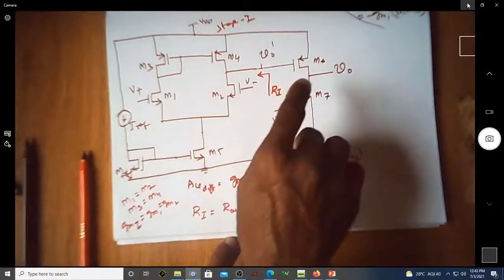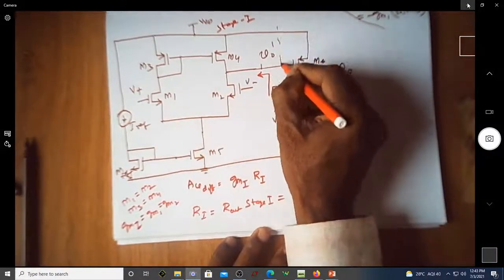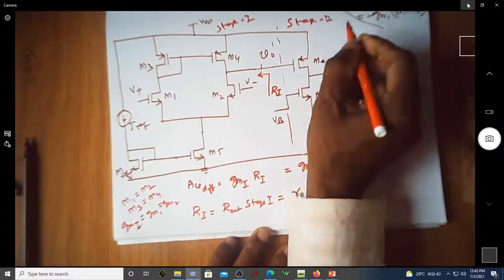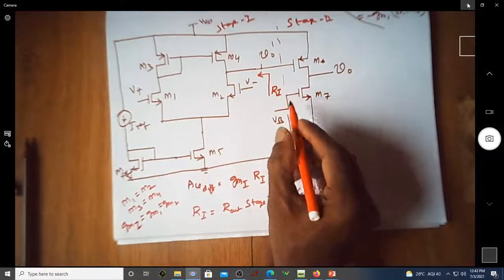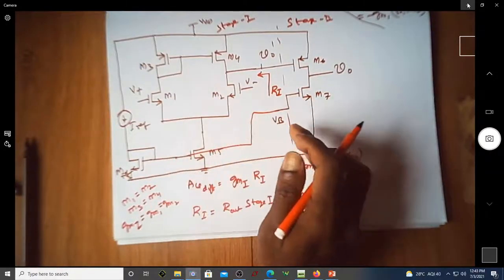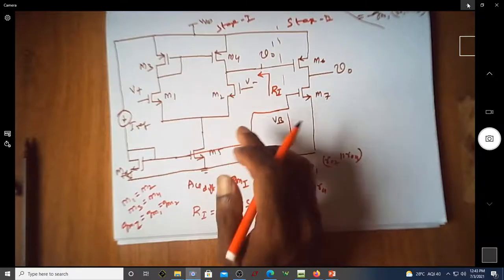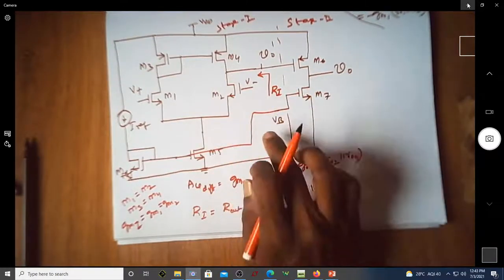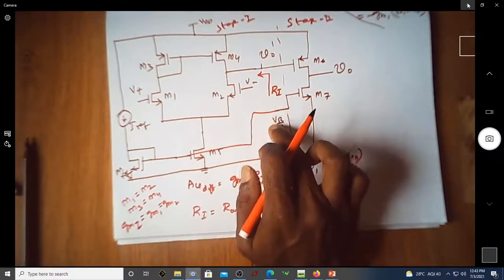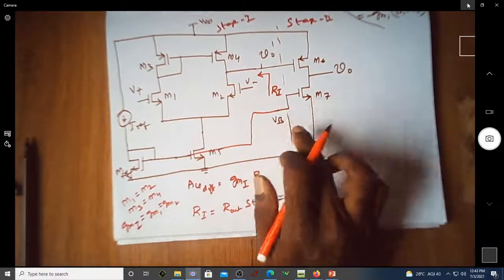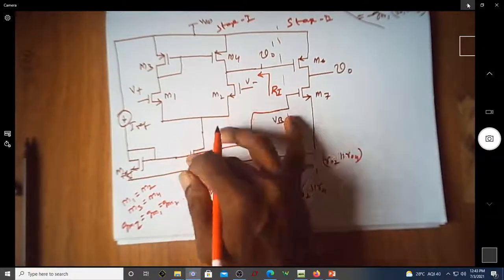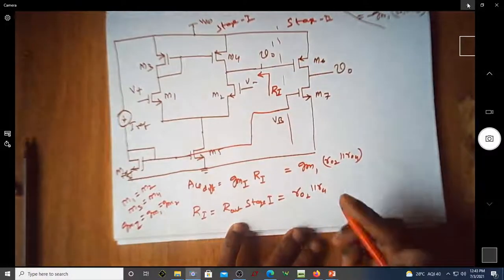Coming to stage 2, this is stage 2. Of course, in some cases you may get the bias voltage from the same current mirror, or you may have a different voltage. That depends on the required design. This is not a very particular one. You can either short this, or simply write it as V bias. That will not change your analysis. It will only matter when you are doing the simulation, where the voltages may be slightly different to achieve the desired result.